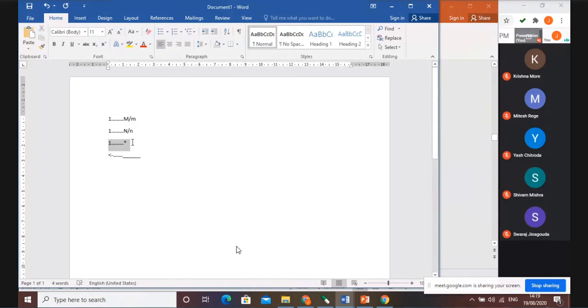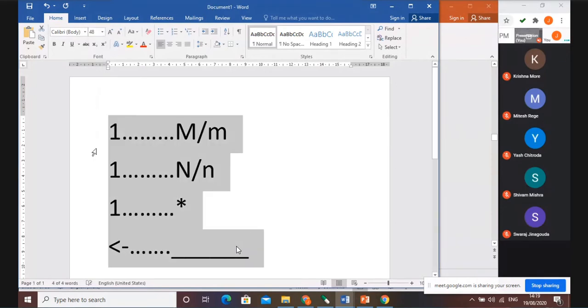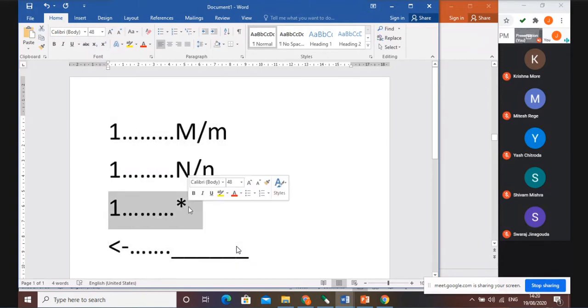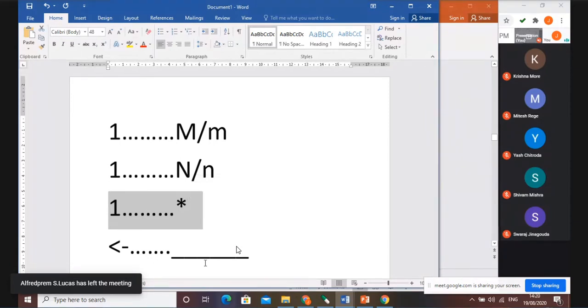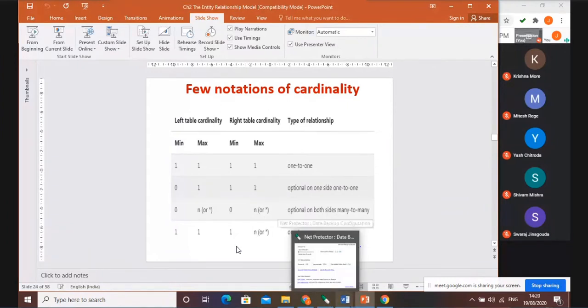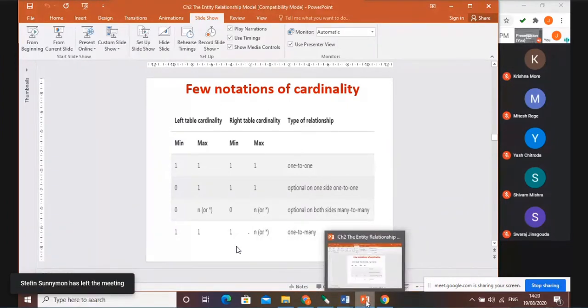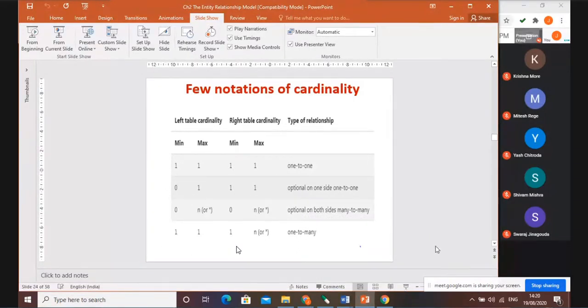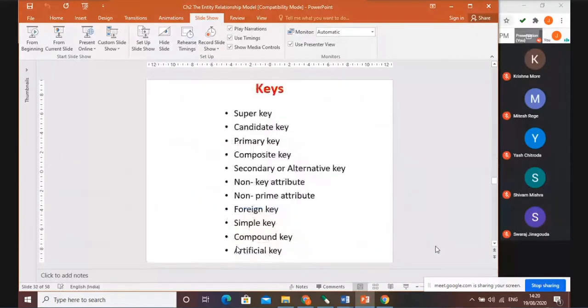Most probably this notation is used. If it is not visible, any doubt, please let me know. Many times the popular notation used in an ER diagram is one to star, but sometimes people may go for other notations, so you should be aware of all those notations. Other than this, in one exam, I had not covered that topic during the lecture, but suddenly we saw a notation in the exam, something like this. I think I have added that question somewhere at the end.